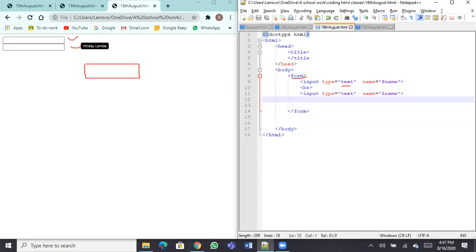Because we have repeated this line two times. For each of these input types, we have given a name to them. Every element that you are drawing on the web page will have a unique name. The first text box name is fname. The second text box name is lname. With me so far? Yes, sir.